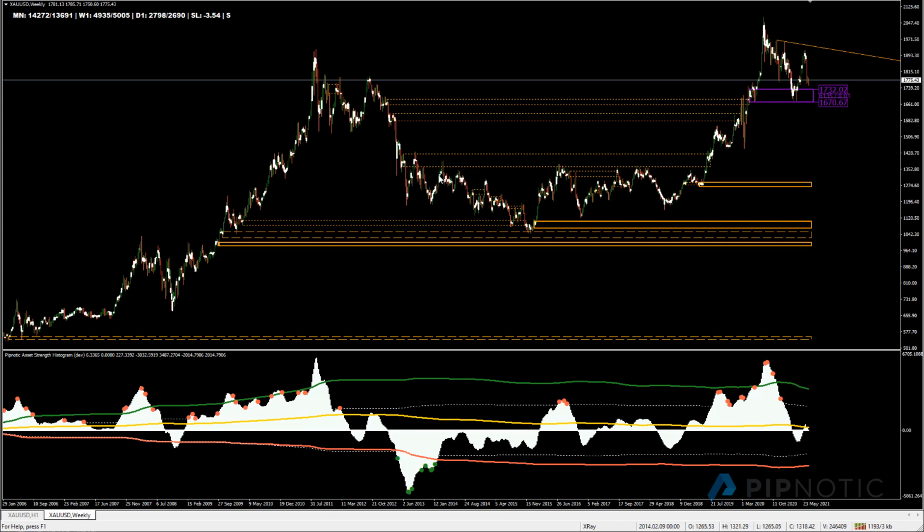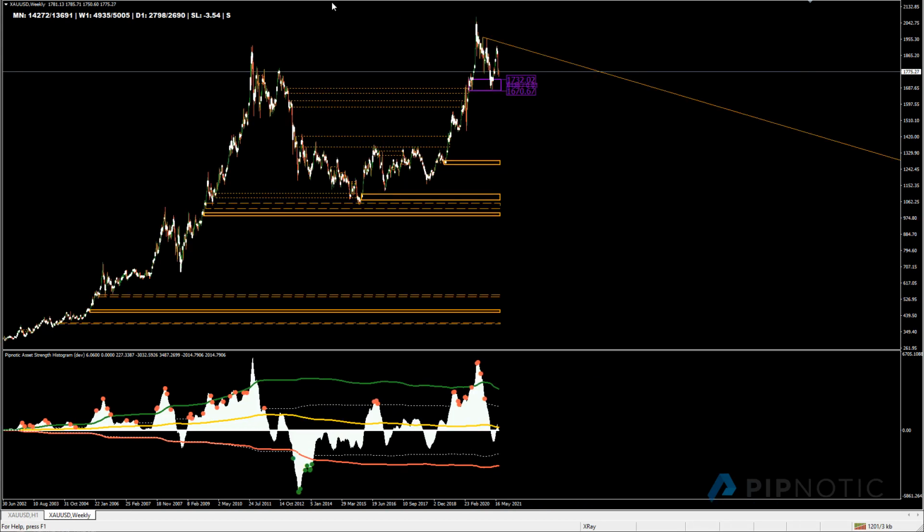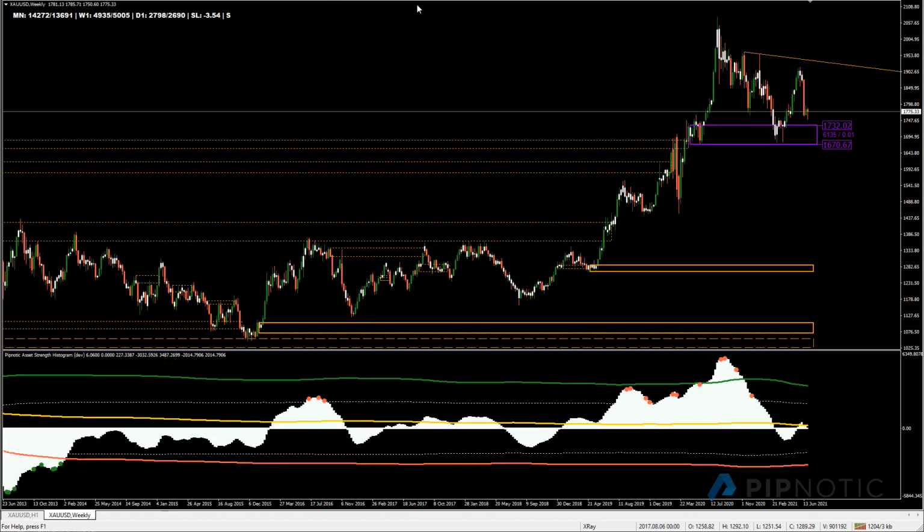This is what was tested. Price came down. We tested it a second time, a third time, a fourth time, a fifth time, a sixth time, a seventh time, and an eighth time. And now this area is gone. And so when you see something like this, you have to ask yourself the question, what area removed it? Well, you can see that